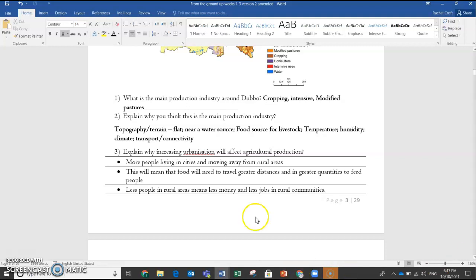That means that food needs to travel greater distances from agricultural areas and in much larger quantities to feed all those people that are moving to the cities. If everyone's moving to the city, that's less people in rural areas, and that means less money and less jobs in rural communities. And that includes rural communities that you find around here, like Trangie and Narromine and Gilgandra and